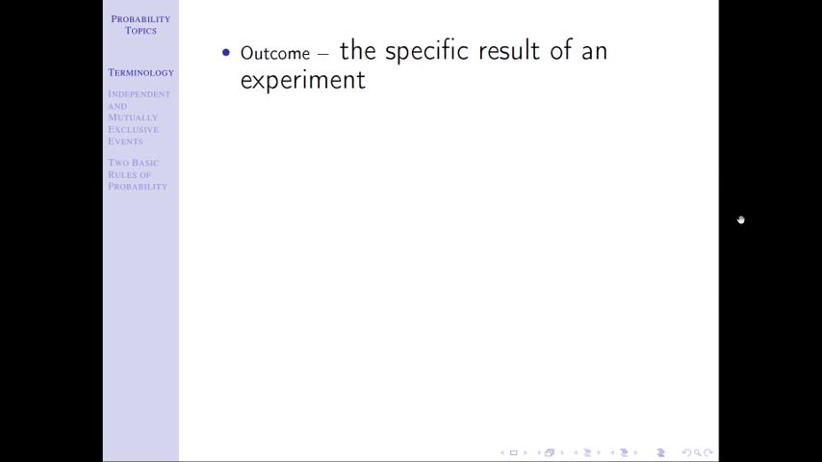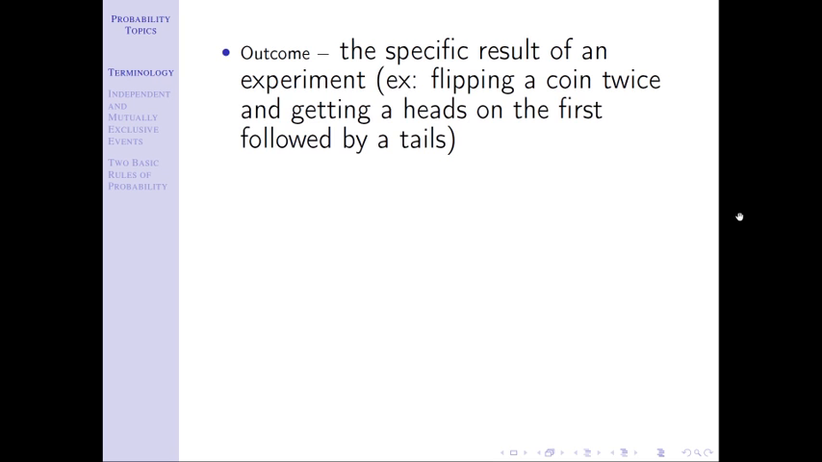When we use the term outcome, we mean the specific results of an experiment. And what I mean by that is, I'm going to use this example throughout this first slide about flipping a coin twice. When we flip a coin twice, an outcome, being a specific result, is as specific as possible. What did you get? What order did you get it in? The specifics matter. So an example is flipping a coin twice and getting a heads on the first followed by